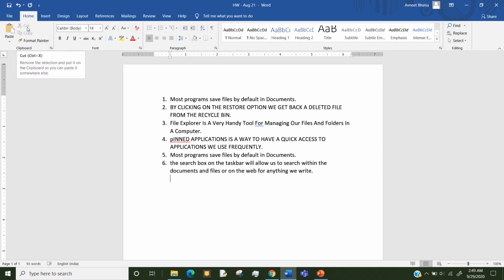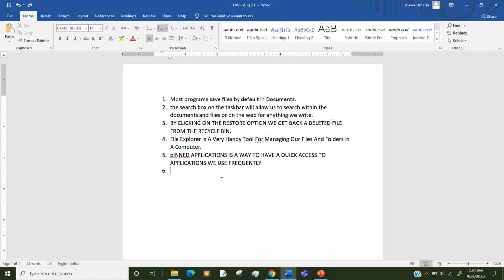Okay, the icon is cut. It shows with a scissor, or keyboard keys Ctrl X, and when we cut it, the text appears only in the new location. It gets deleted from its old location. So I hope you have understood how to move the text and copy the text. Please children, immediately now do the homework after watching this video and upload it in the homework section of Computer Science team. And your homework is, I'll just show you 1 second.